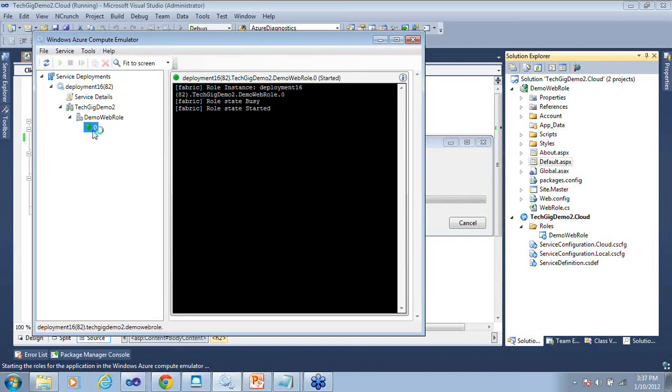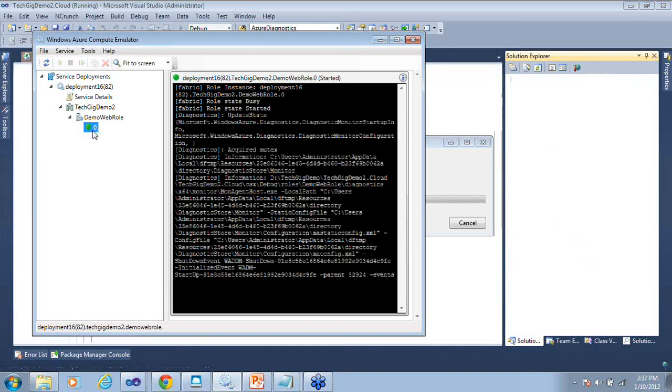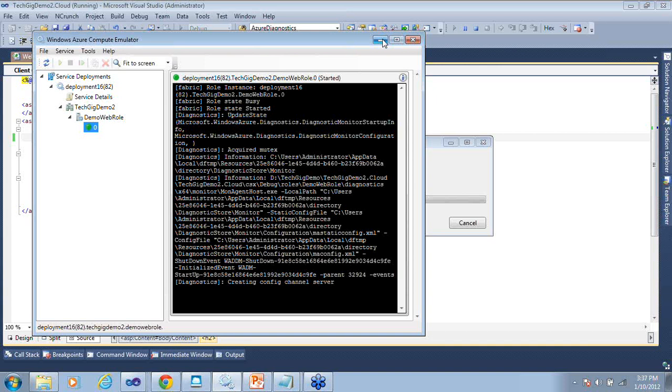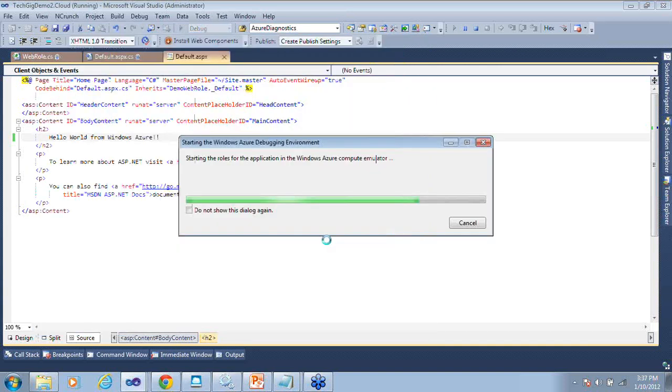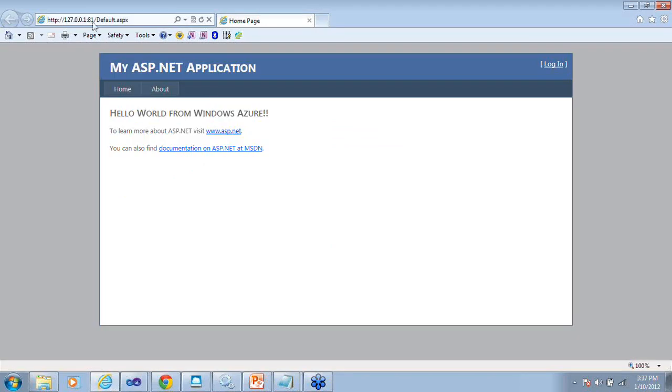This is nothing but a user interface for seeing the Windows Azure Compute emulator. Now it is setting up the emulator internally, and at the end of that you'll see a ready application running as a Windows Azure application on a local emulator. Since it is running locally, it will have a local endpoint like 127.0.0.1, that is localhost, and by default, since port 80 is a port which it does not want to block, it intelligently picks up the next available port on the local machine. That is what shows your hello world from Windows Azure. This is the application, readily running from your emulator, which is a Windows Azure web application.